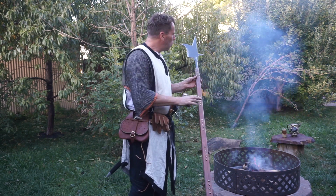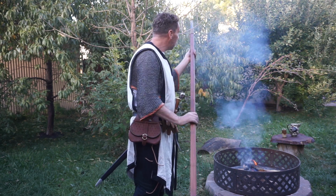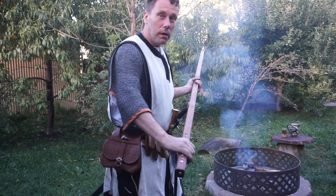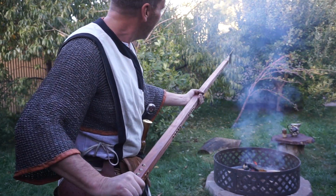Love the Billhook, by the way. Weird that it's black, but you can take that off if you don't like it. The length, well, that's down to you, because now you, the customer, have to go out and get your own handle and all of that. But look at the length of that. Keeps those